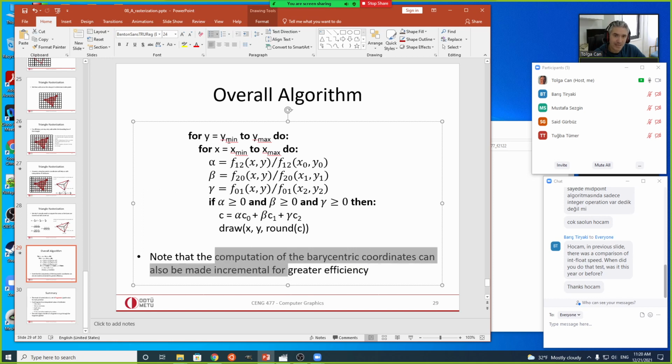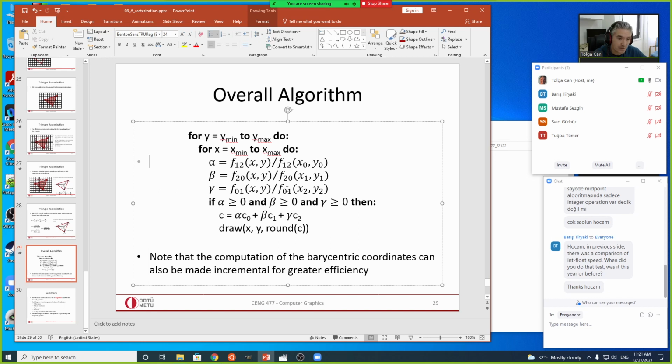Okay, implementing the original one that is represented on this slide will be sufficient. We don't require it, but if you want a faster algorithm, you may do that. It will be very difficult to do. One thing that you can do efficiently is, if you see the denominators here, they're all constants. You should just compute them outside the for loops and just divide every time x and y changes,